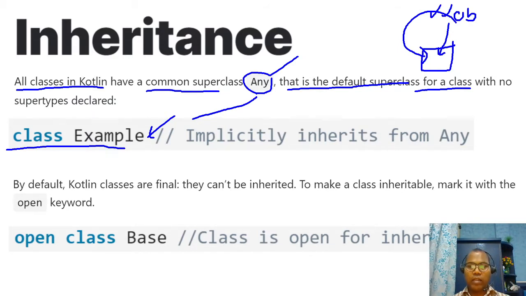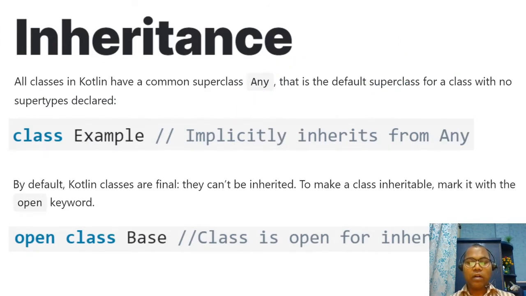If you define any explicit class, the single inheritance chain will be initiated. So this implicitly inherits from the Any class, and whatever common methods like the equals method and hashCode method are already defined inside the Any class, you are getting them. So this is the first thing: all the classes in Kotlin are subclasses of your Any class.